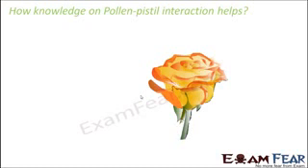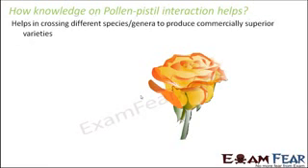So we can breed different varieties of plants to get better varieties. It will help in crossing different species or genera to produce commercially superior varieties. But if you are not aware of the compatibility, you will just keep on doing hit and trial, and that will not give you better results. But if you know whether they are compatible,